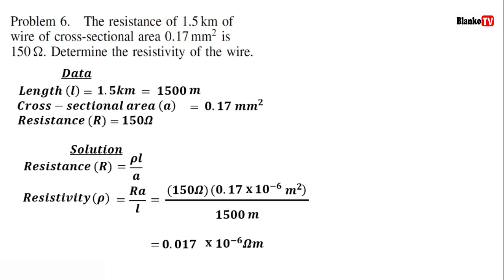So our resistivity now is going to be 0.017 micro ohm meter. 10 raised to the power negative 6 is micro. So our final answer for the resistivity rho is